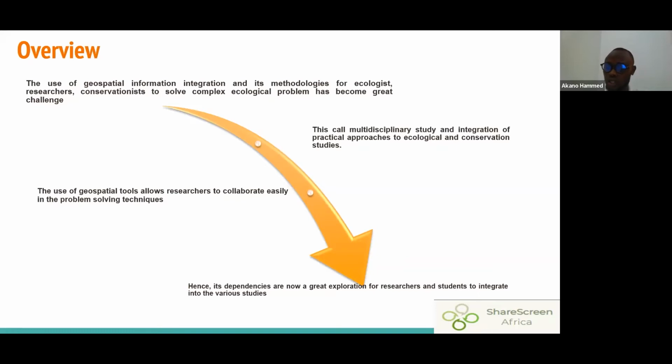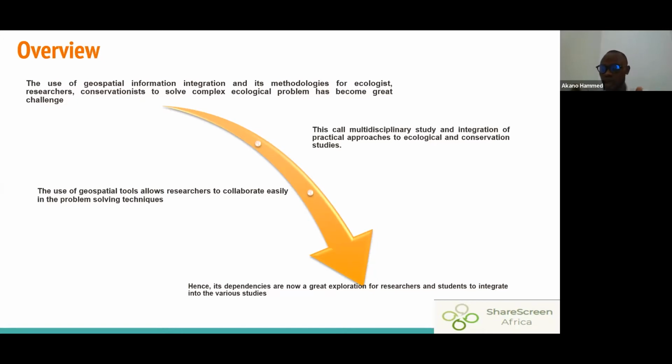So this calls for multidisciplinary tools and practical approaches for different ecological and conservation studies, so that they can bring different tools to make their work easier, in order to provide a solution-based, problem-solving approach to conservation issues. For example, in the drone mapping domain, it is very difficult for ecologists to use their drone to get a reasonable result, stitching drone images or video together to get a reliable result. Over time, ecologists have gathered with different multidisciplinary professionals to create